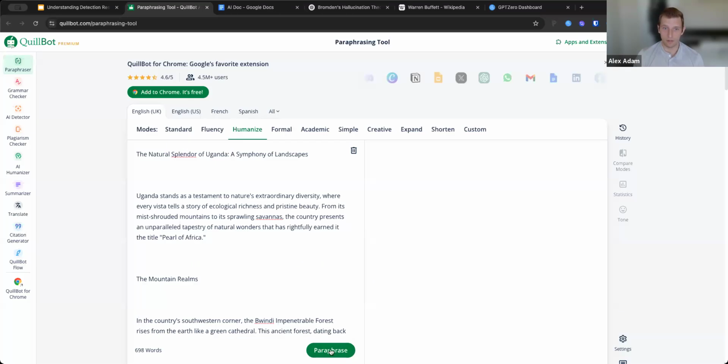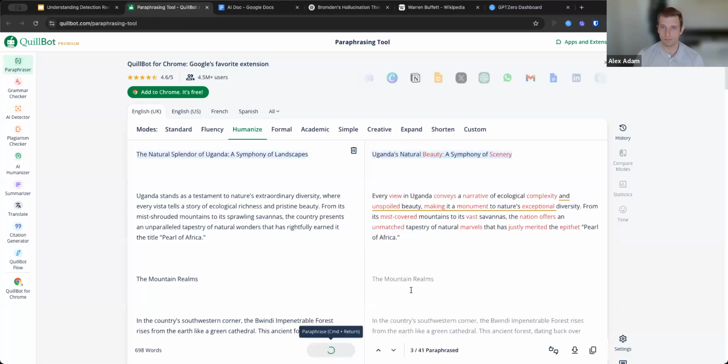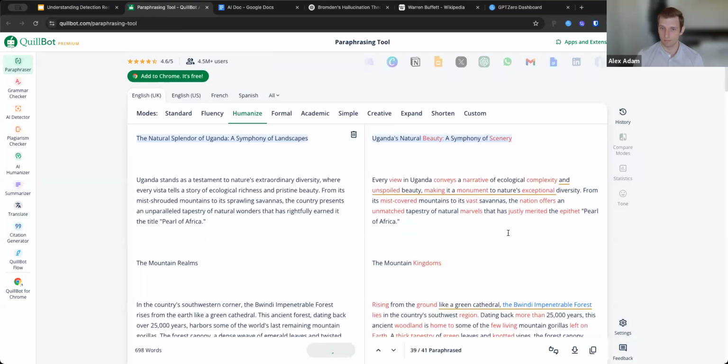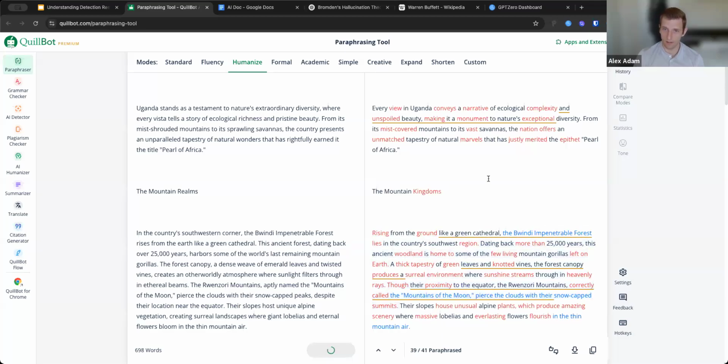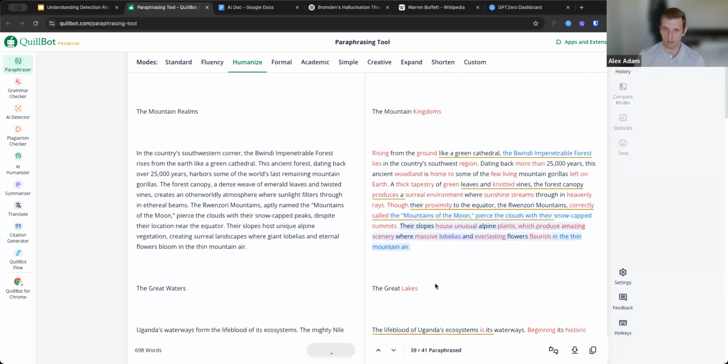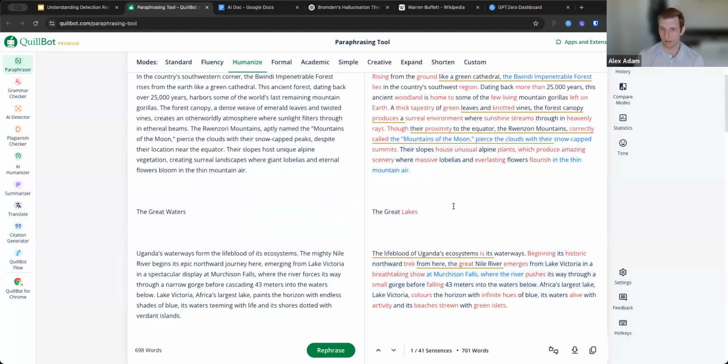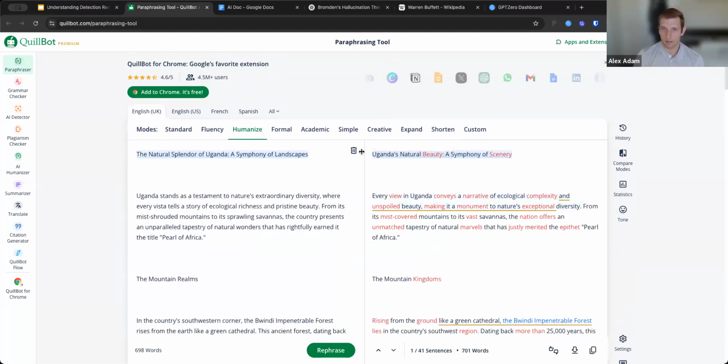and click the paraphrase button. This will just take a second, and you can see all the changes that it's making here on the right-hand side. We can copy this result.